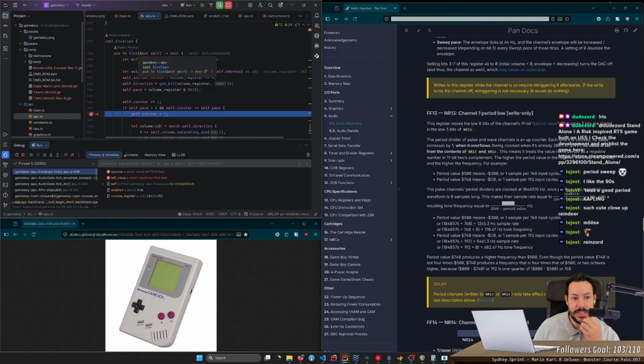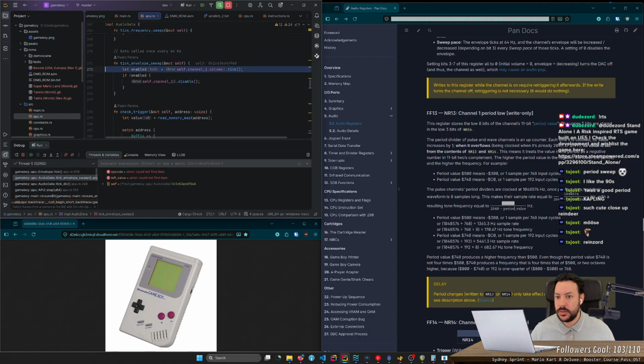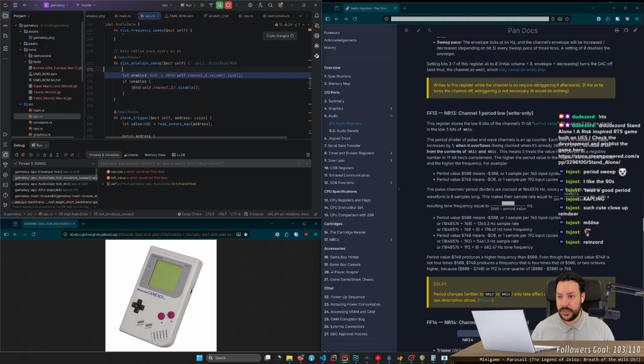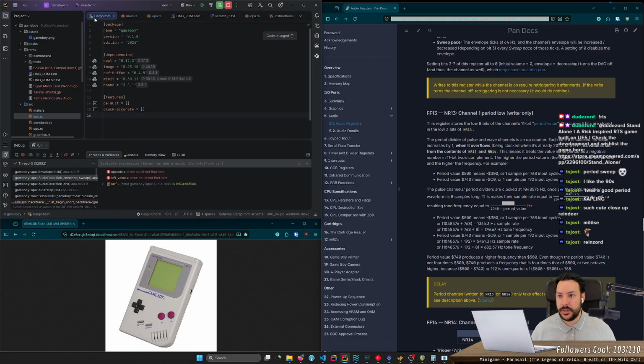I mean, but this isn't supposed to be enabled yet, is it? This isn't supposed to be enabled yet. Tick envelope sweep. I mean, this should only get triggered if the channel is itself enabled. But if we...